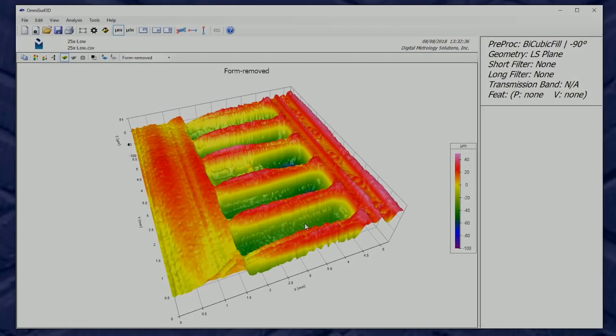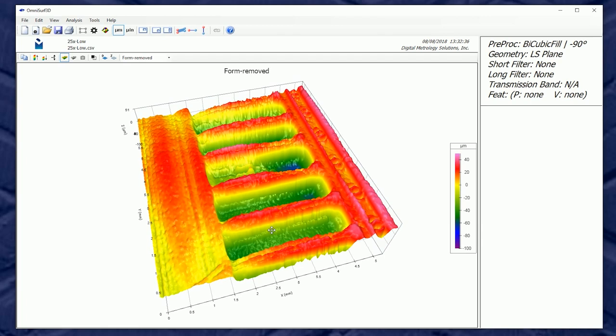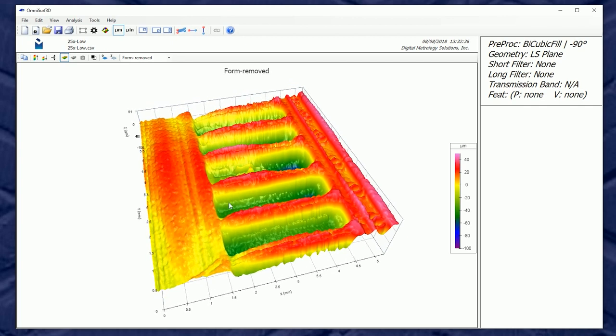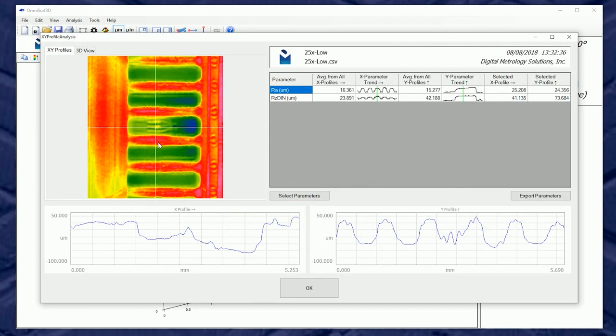In many cases, we want to compare our 3D or aerial measurements to two-dimensional measurements, profile measurements, perhaps along the directions of the surface, as we may be comparing instruments or even looking at the directionality of a surface. OmniSurf 3D has a great tool for this. The XY profile analysis tool allows us to drag lines around and explore the profiles from those particular X and